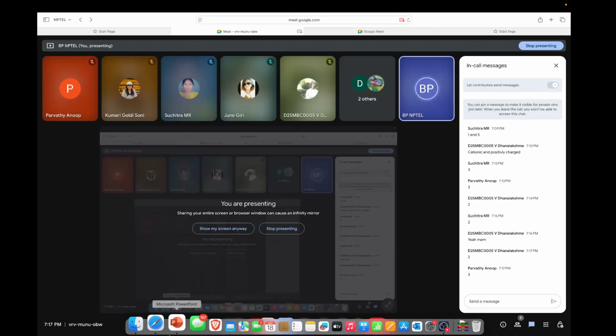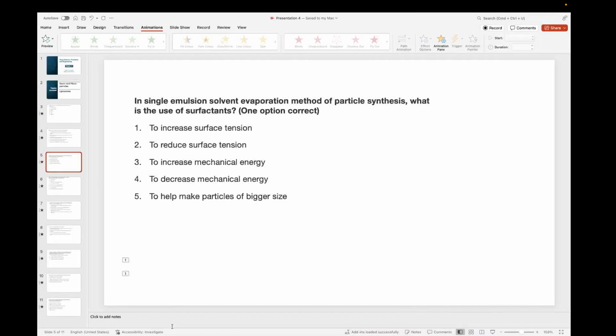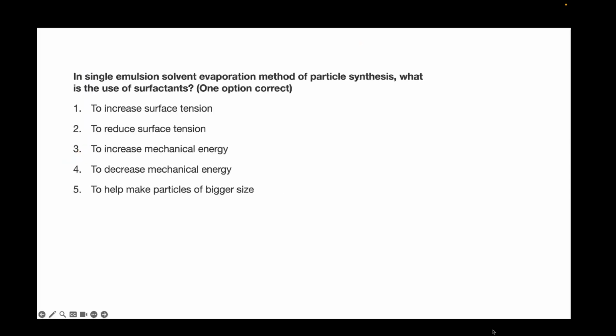Option 2, option 3. Okay, so the correct answer is option 2, to reduce the surface tension. So in the single emulsion method,